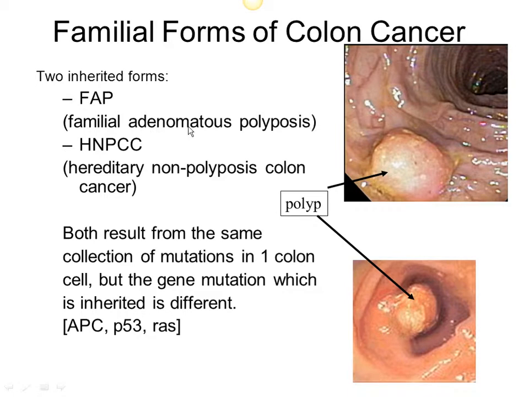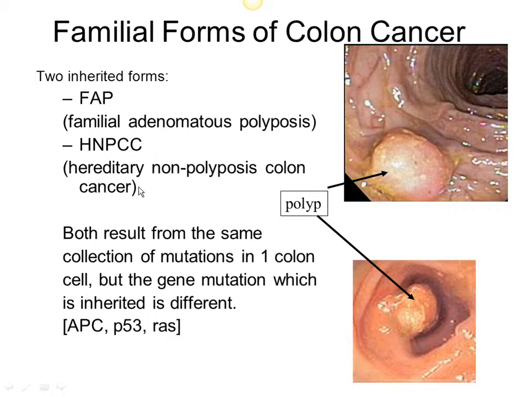Remember the word adenoma in the very early discussion of the polyp? Adenomatous polyposis refers to the adenoma polyp. You can see the words in there. And then HNPCC is hereditary non-polyposis colon cancer. Now, familial and hereditary mean the same thing. So, in the basic way that both these types